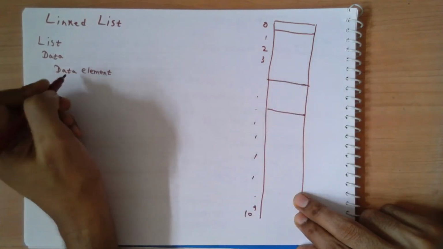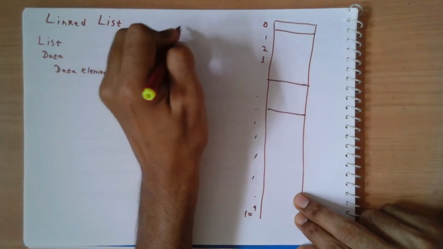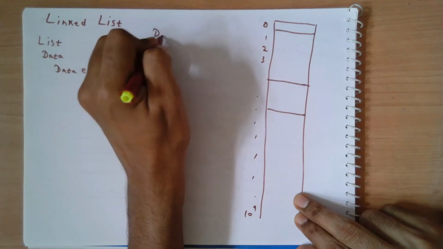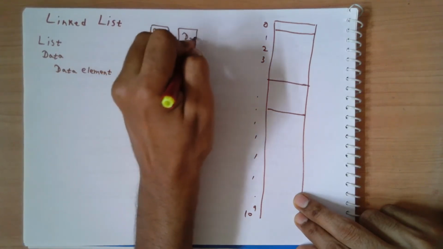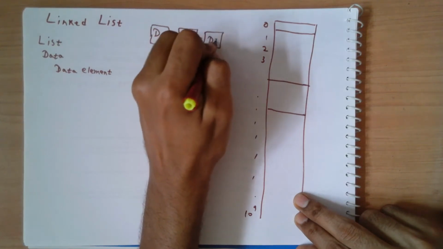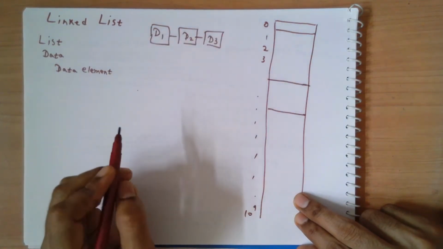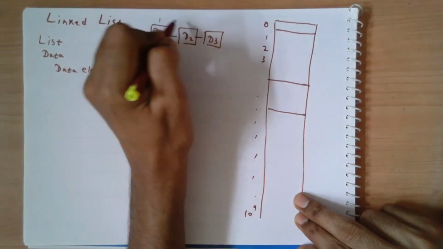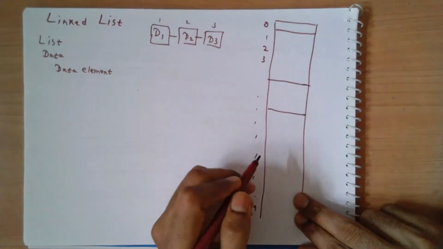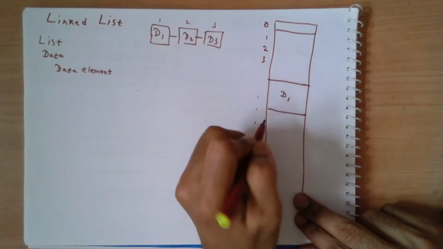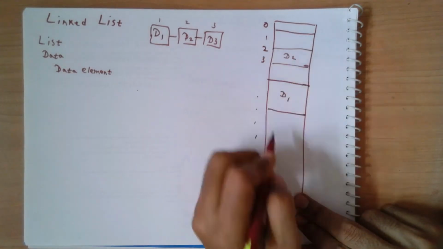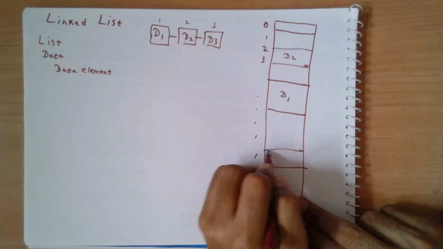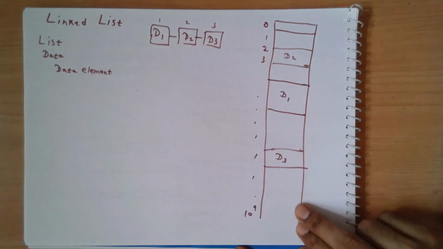So if I draw a list which is, say, a data element D1, then there is D2, and then there is D3. Okay, let's say this is my list, and this is my first element, second element, and third element. So I might have data element D1 somewhere here in the memory, then my D2 might be somewhere here in the memory, and my D3 could be somewhere here in the memory. Okay, they could be at any particular block in the memory which is given to me by the operating system,